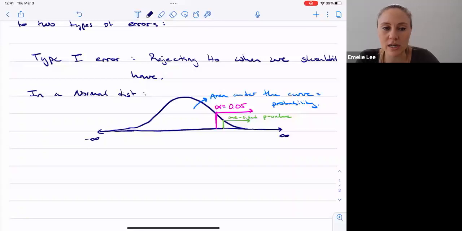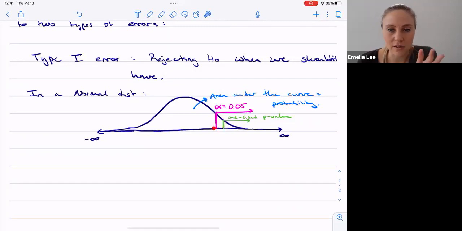In order to reject my null hypothesis, I'm saying that my p-value has to be smaller than my alpha level. But notice how this 0.05, that can still happen. We're just saying that, well, it's unlikely that it came from this distribution. It probably came from another distribution, right? Which is centered somewhere else. So here, right, this is the area of errors that we could make, right?